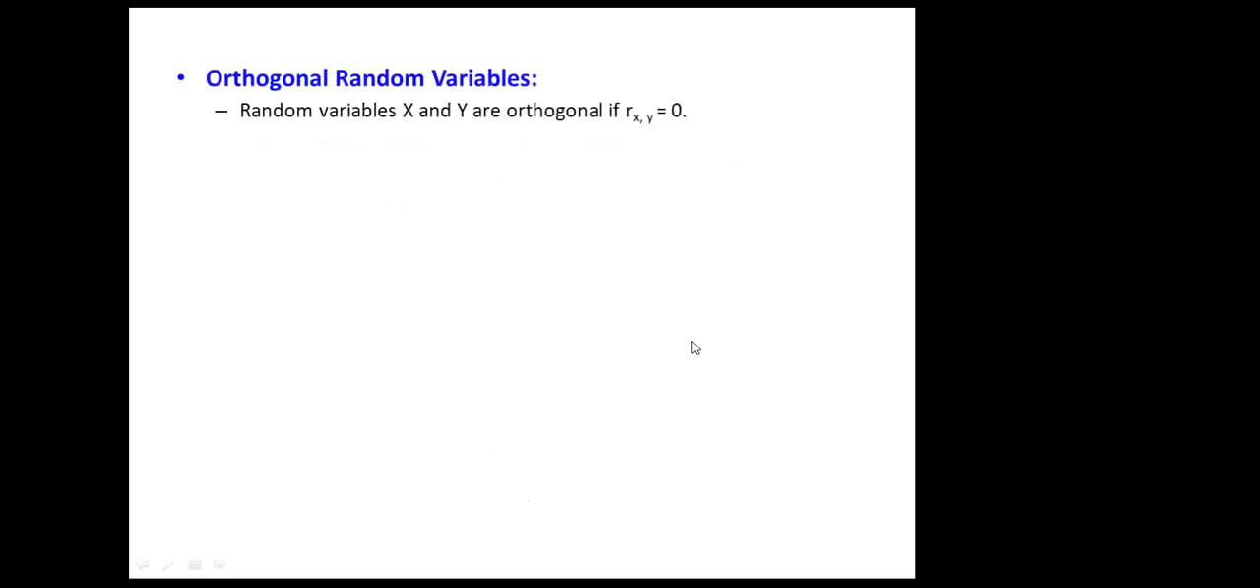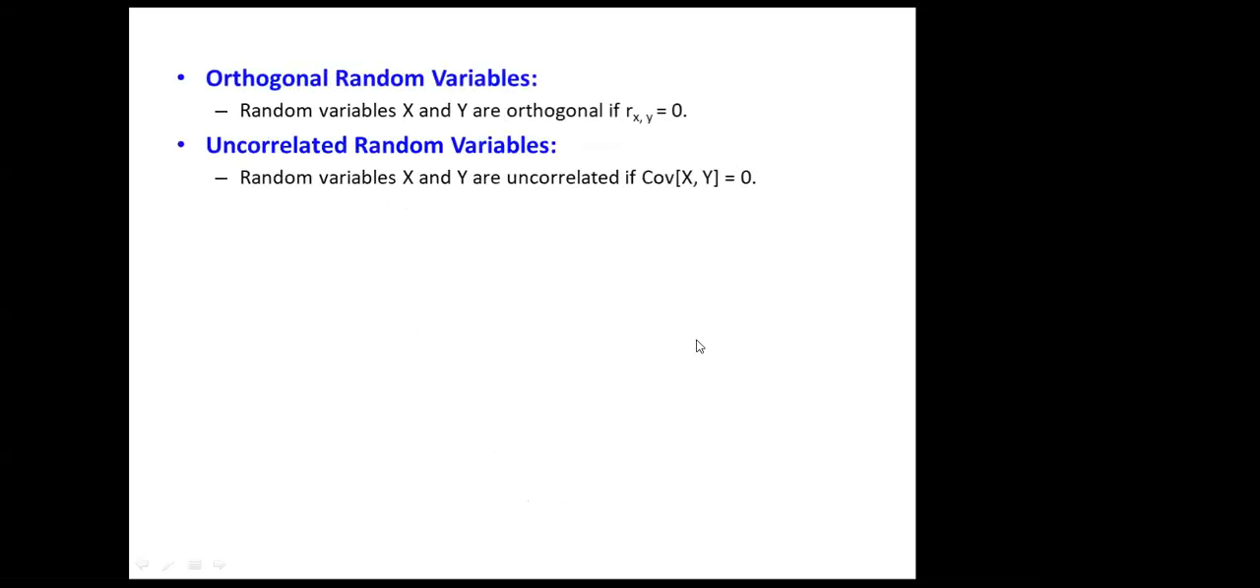Now, yesterday also we talked about orthogonal random variables and uncorrelated random variables. I told you that even if the correlation value equals 0, we cannot say that they are uncorrelated. We will say that they are orthogonal. But we can say that they are uncorrelated when their covariance value equals 0. So keep in mind that when the correlation value equals 0, they are orthogonal, and when the covariance value equals 0, they are uncorrelated. All right,